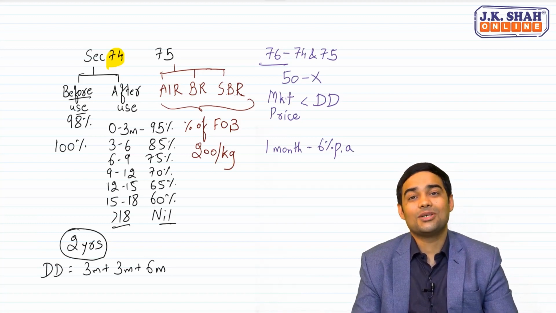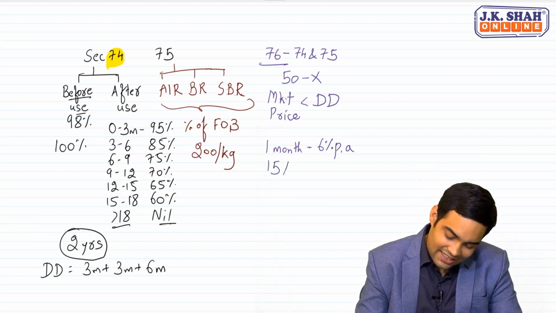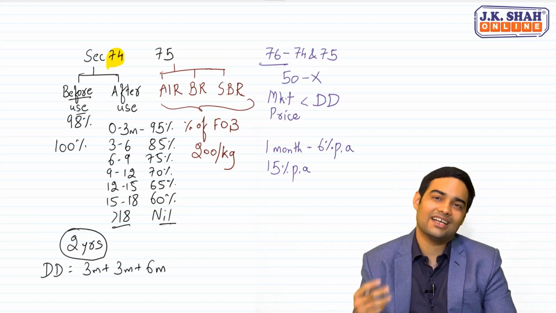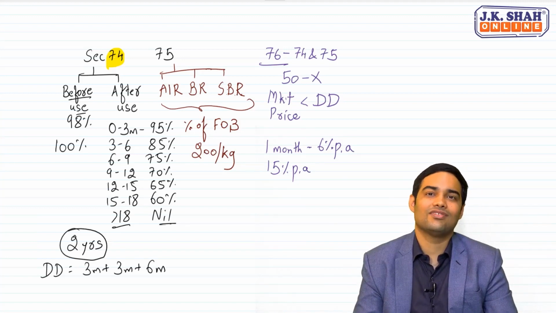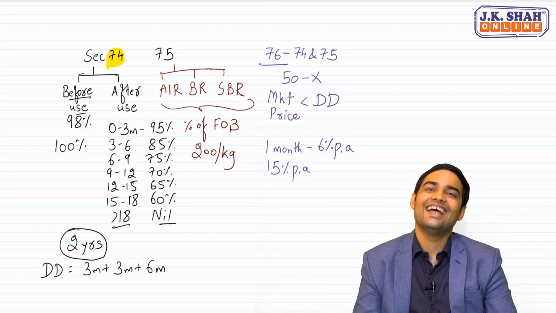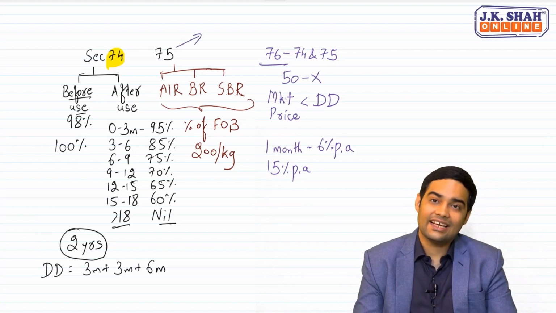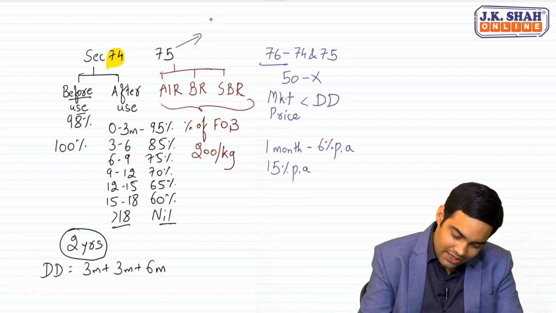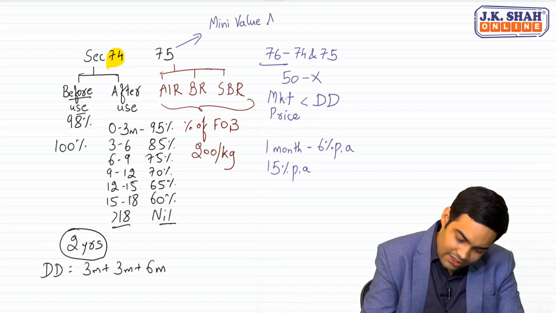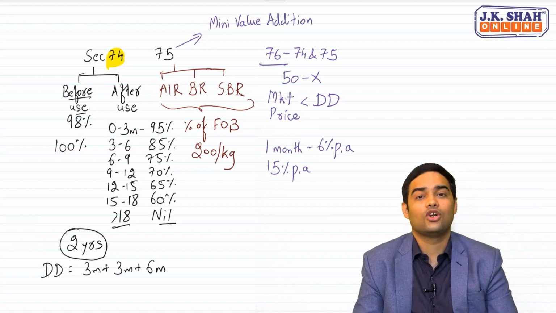But say suppose a person has taken duty drawback fraudulently, then he has to pay interest at 15% per annum from the date he got that drawback till the date of payment of that drawback back to government. Okay. Thereafter, there are some additional conditions for section 75. In some cases, there will be a requirement of minimum value addition. If minimum value addition is not met, in that case, you will not get even a single rupee of drawback.